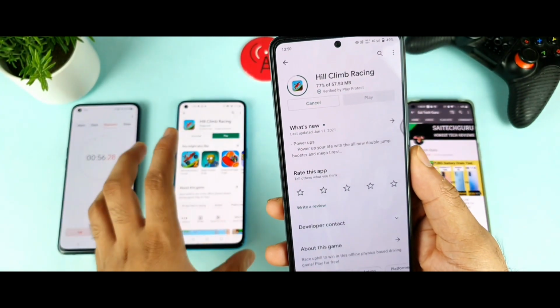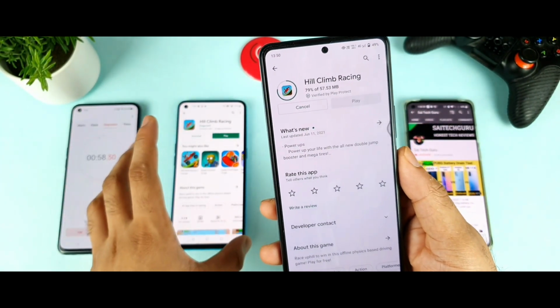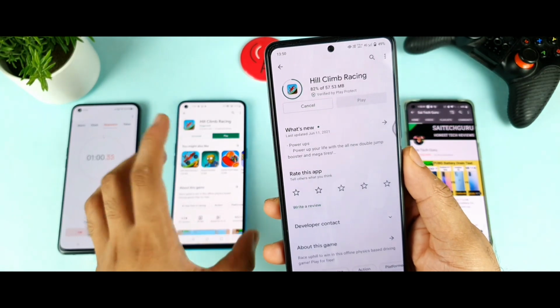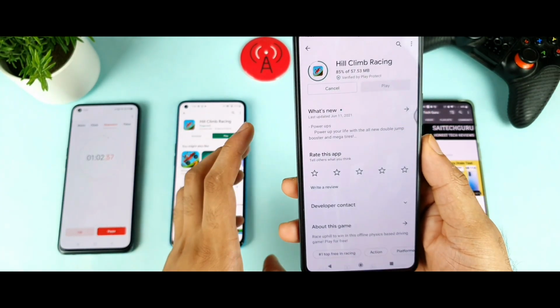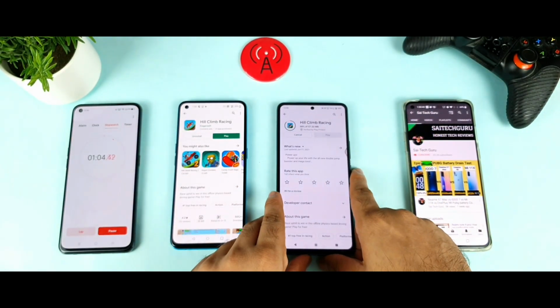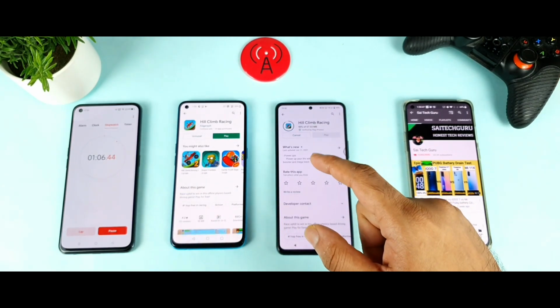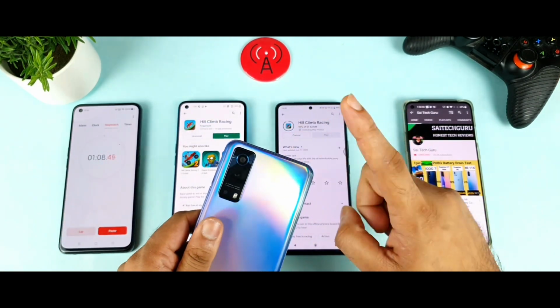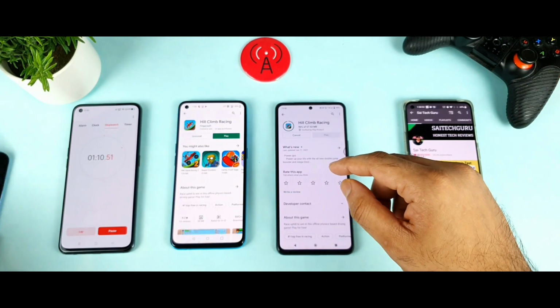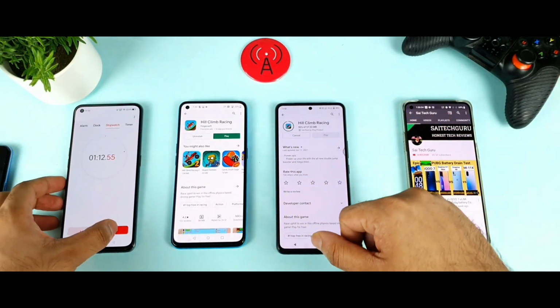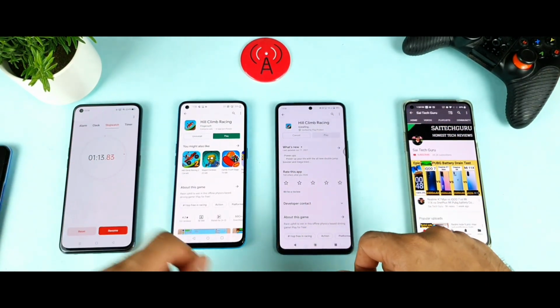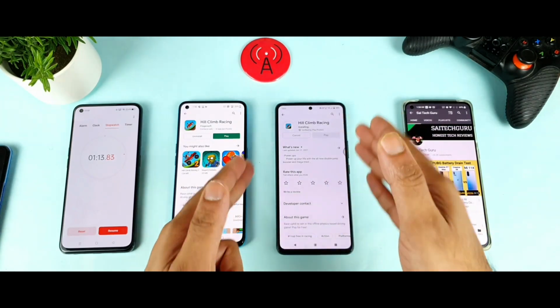So one thing is that the download speeds are really good in the OnePlus Nord, and you can get really high connectivity signals in this phone when compared with the iQOO devices. Yes, I need to do one more test, which is using the iQOO Z3. I need to bring the iQOO Z3 into the video comparisons as well. Then we will be able to know how the iQOO Z3's performance is. So 1 minute 30 seconds, 13 seconds in this phone.